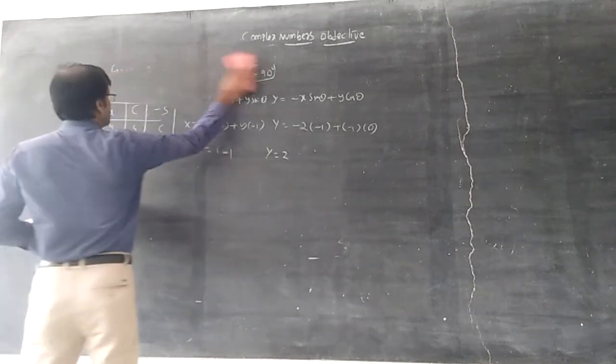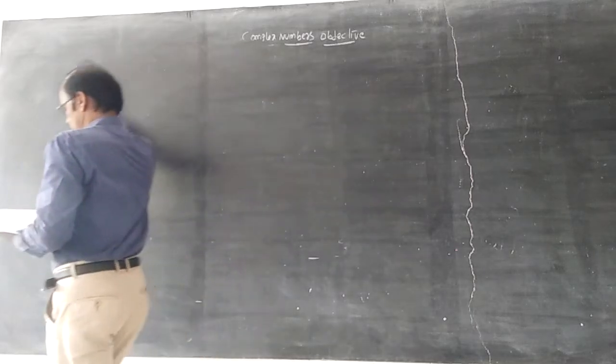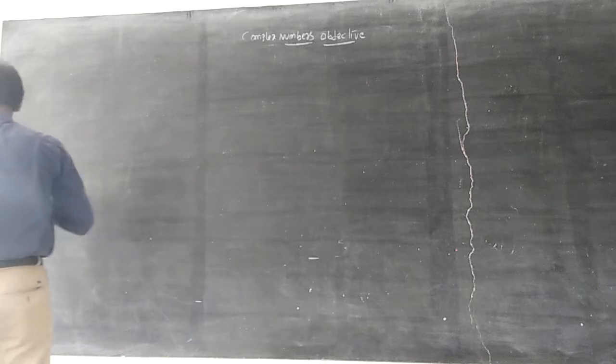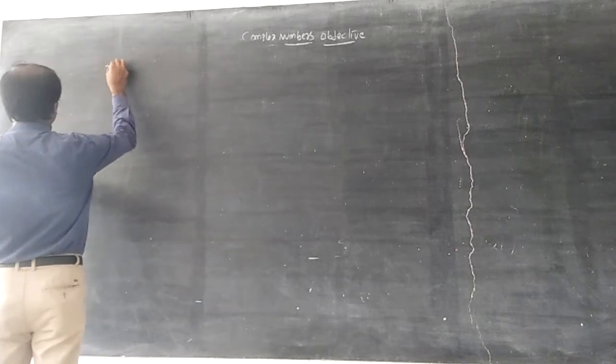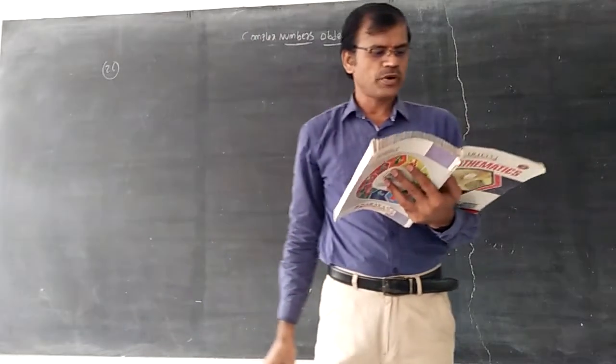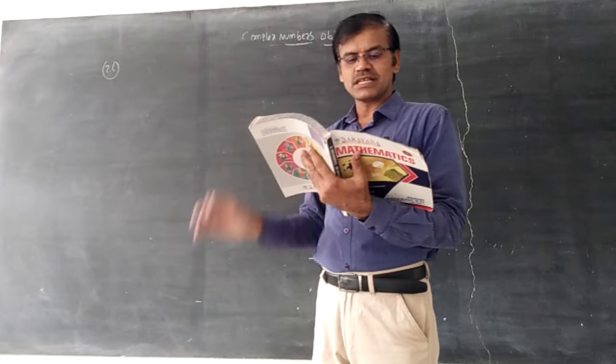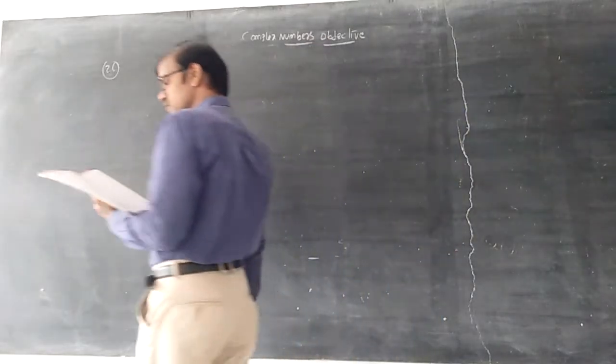Now work at example 26. If Z1, Z2, Z3 are vertices of an equilateral triangle which is inscribed in a circle, if modulus z is equal to 2,